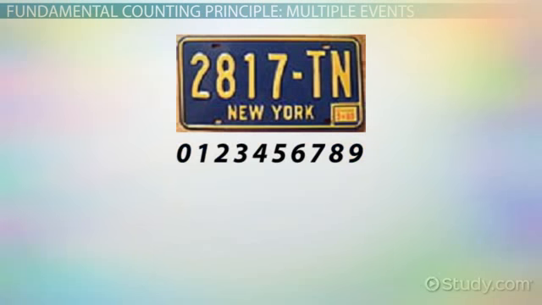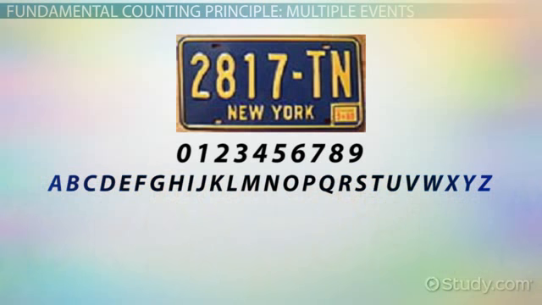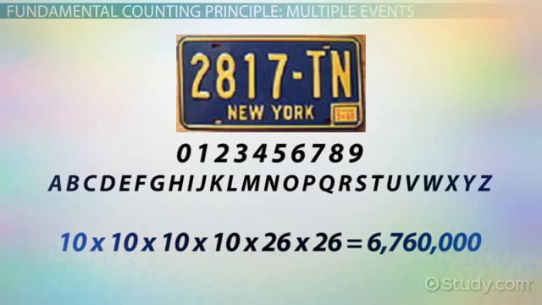There are 10 possible outcomes for each of the first 4 characters and 26 possible outcomes for each of the last 2 characters. Using the fundamental counting principle, the possible combination of numbers and letters on our license plate is 10 times 10 times 10 times 10 times 26